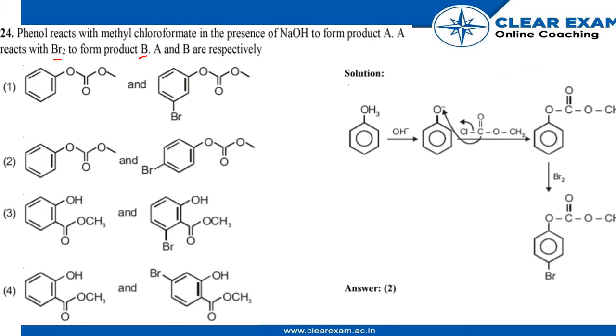So we will have phenyl with OH3 into it, then we will reduce it by OH minus, then we will react it with another compound. We will found benzene ring, then we will add Br2,